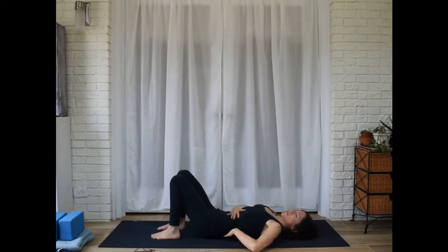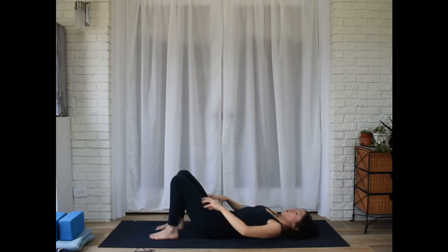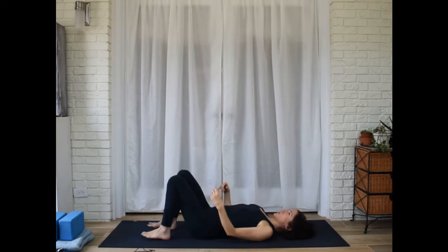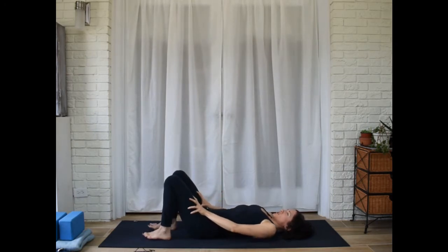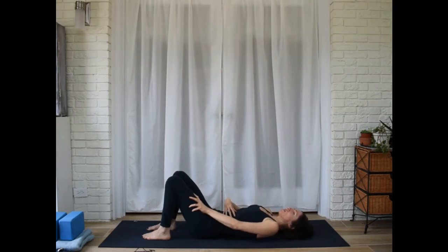So it's going to be rounded, trying to get more of that low back, and especially the ribs, to the floor. Try to minimize just rocking the pelvis way up, something that looks like you just collapse down by tucking your butt under and collapse to the floor. That's not it. By pushing against your thighs, you're resisting that movement a little bit, and then you can, especially with an exhale,